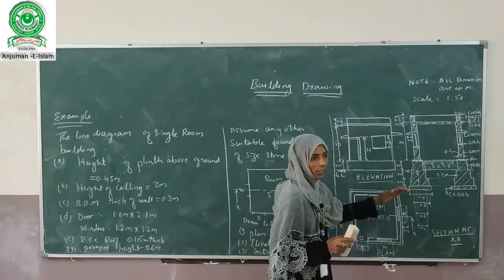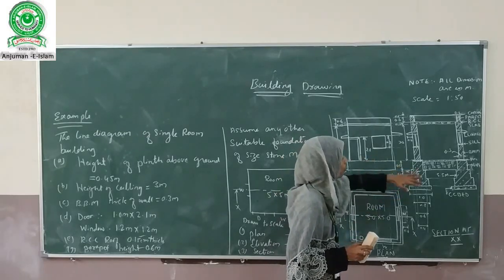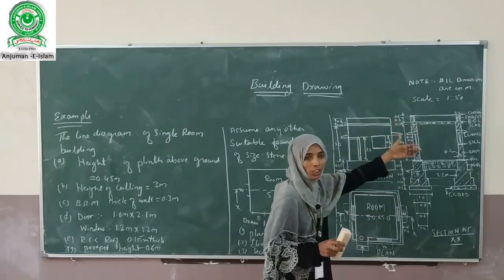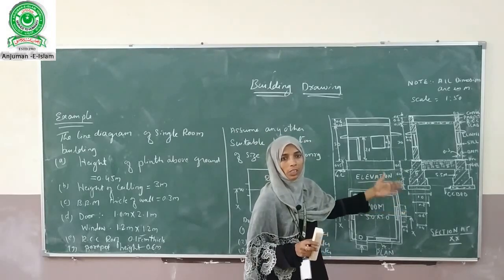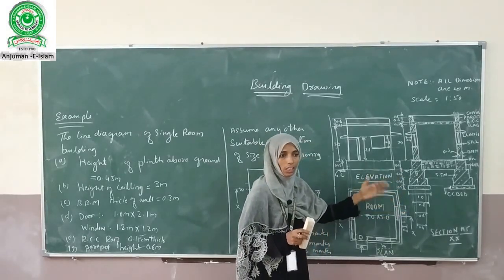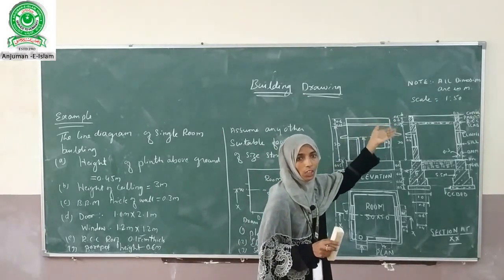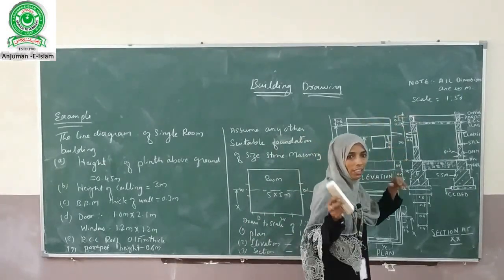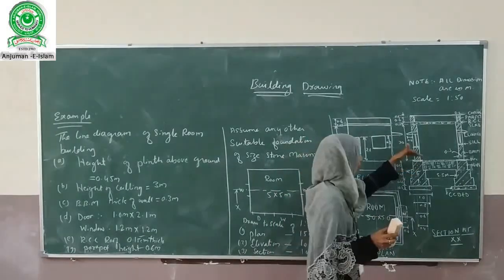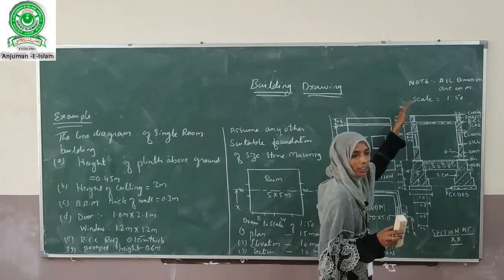When we complete drawing the foundation, then we go for the superstructure. The structure which is below the ground level is called the substructure or foundations. The structure which is constructed above the ground level is called the superstructure. The superstructure's detail has been given in the question. So above the plinth, we have to provide the wall thickness.